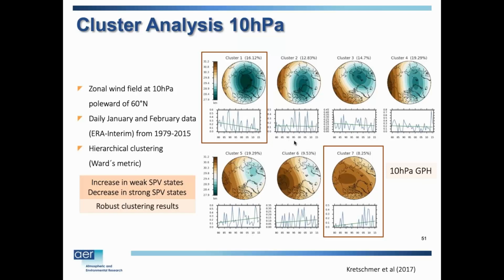The polar vortex has really been thought of as binary. It's either weak or strong. I had a feeling that there's more nuance than that. So we did a cluster analysis of the states of the polar vortex, and we came up with 7 different clusters. Cluster 1 really shows a strong vortex. The green is low pressure, so you can see a deeper low. This is a strong vortex, and then it gets weaker as you go up in clusters, and the weakest vortex is cluster 7.